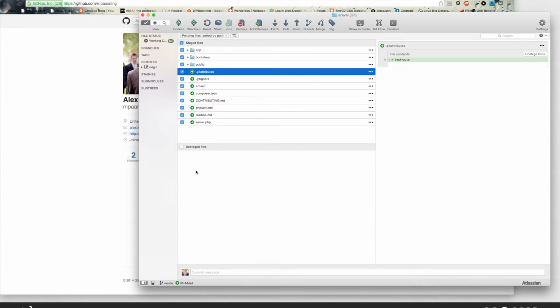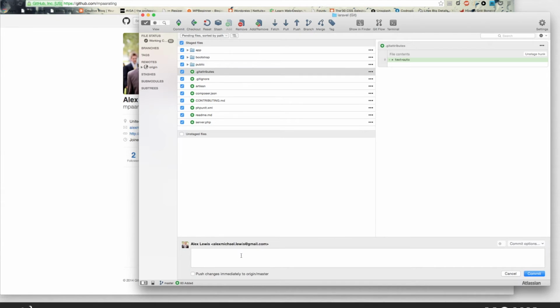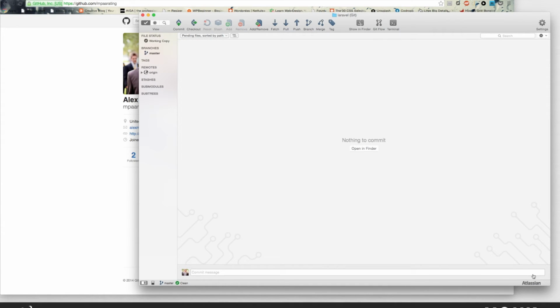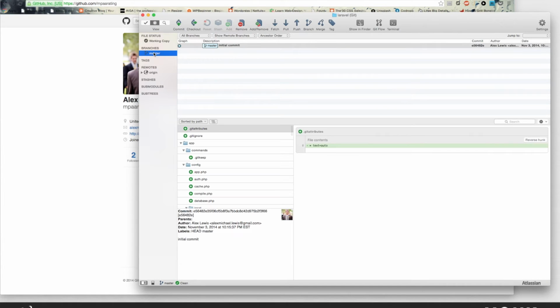So I'm going to go ahead and stage all of these files, which means they're ready to be committed. So I'm going to hit commit. It's going to ask me to put in a little message here, so I'm just going to say initial commit, and I will commit it, and that's my snapshot. So right there, I have my very first snapshot, and you'll see in SourceTree, I've got this initial commit here